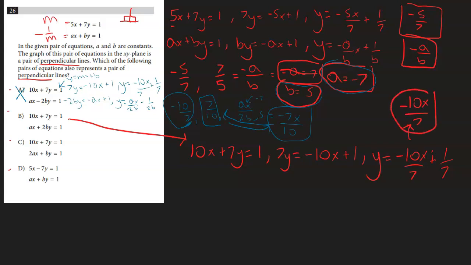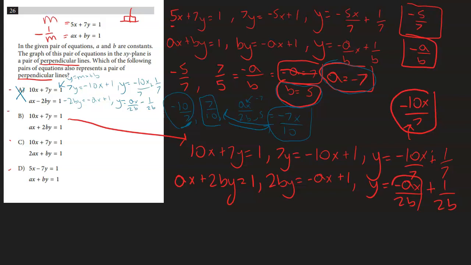So let's do that for the other line. And that's going to be ax plus 2by equals 1. And then now we know 2by equals negative ax plus 1. And that's going to be further broken down to y equals negative ax over 2b plus 1 over 2b. So we know the slope for this one is going to be